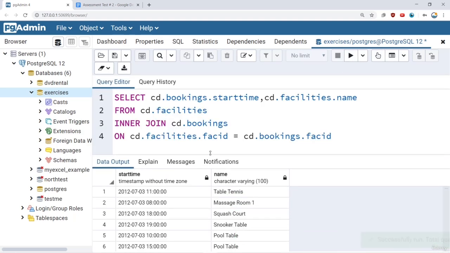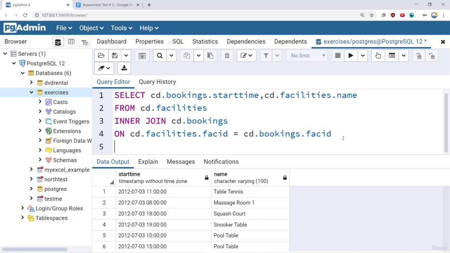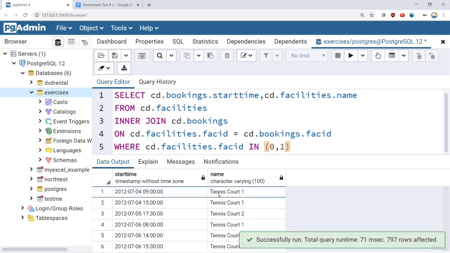all the names. So now recall that I need to filter this on the start times that are on September 21st, and I'm only looking for the facilities that are these tennis courts. So I can either filter by that facility ID or the tennis courts, depending on which one you prefer. Let's go ahead and begin filtering so that we only get those tennis courts. And just so it's a little shorter, I can say where cd.facilities.facility ID in 0, 1. So if I run it this way, note I get back only Tennis Court 1 and Tennis Court